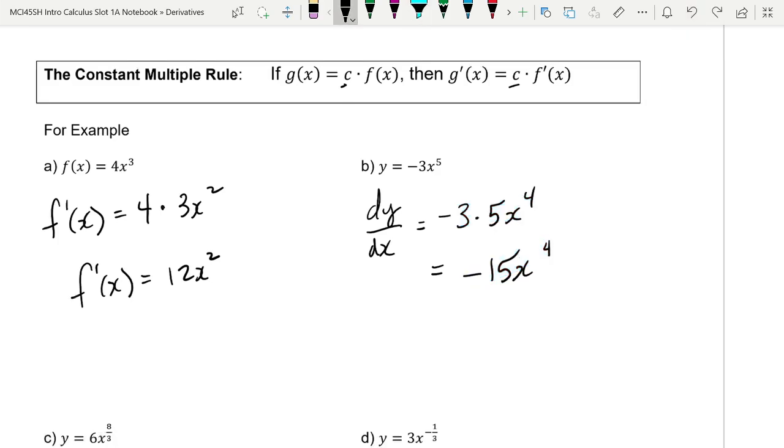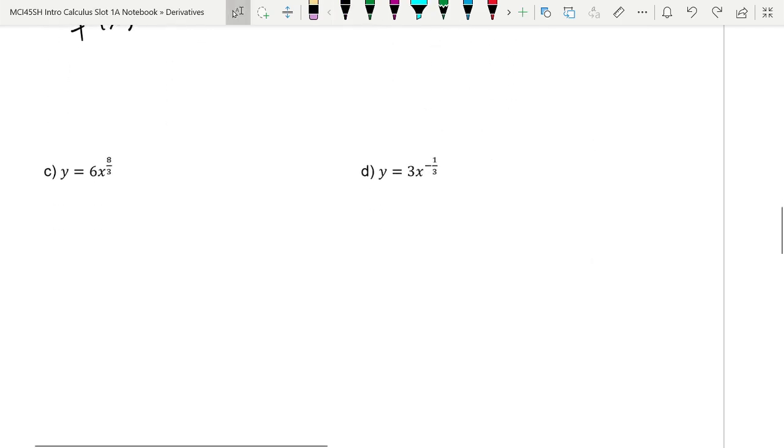Okay, let's try a couple more of those. y is equal to 6x to the exponent 8/3. All right, so let's see what we can do with that. So y prime. Let's do that instead of Leibniz notation. Let's use Lagrange's notation, but with a y instead of an f of x. y prime is equal to 8/3 times